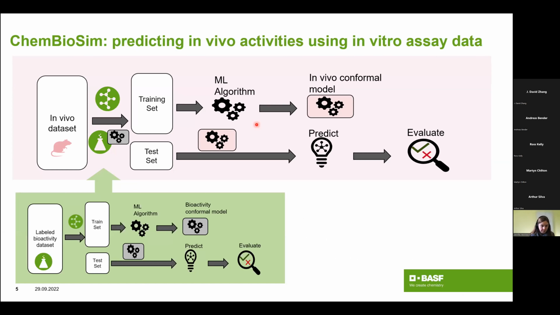We thought that if we can use in vitro assays to predict in vivo activities, we can really define hazards early on. And I think this concept of using in vitro assay data as a proxy for in vivo outcomes is something that we have also heard of today, and that we can maybe also put a little bit into the scheme of molecular initiating events, because what we measure in vitro is usually, for example, toxicity to specific cell types, the Ames assay, pretty easy endpoints that we then want to use as a proxy to predict in vivo activities. And so what we try to do is,